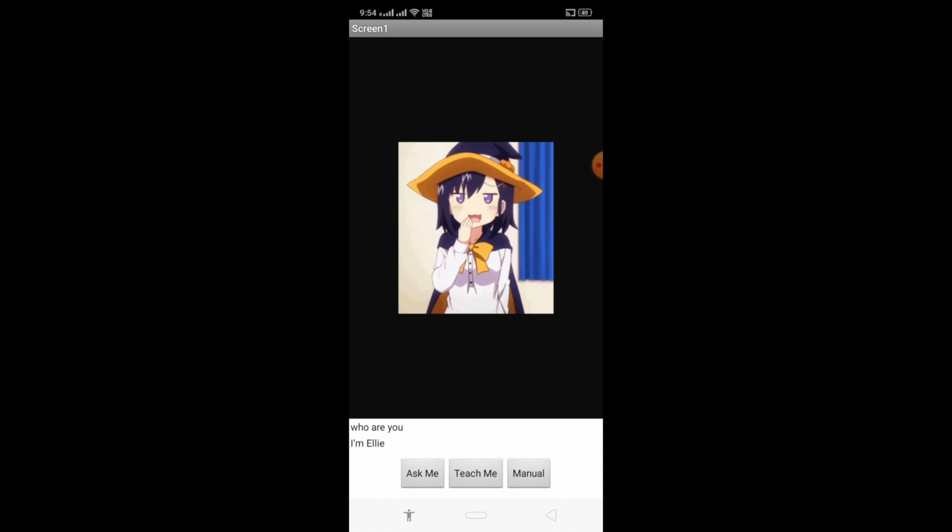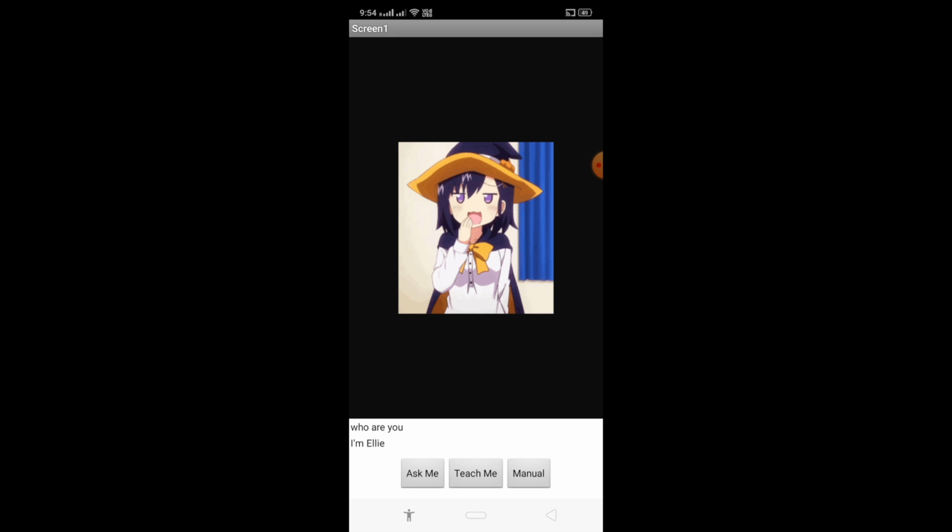And that character, you can see here, the animated image, is also a problem. You can see here she is not speaking, but she looks like she is speaking something. So when she is not speaking anything, we have to change the image of that character. Okay. So let's see how we can create this app.